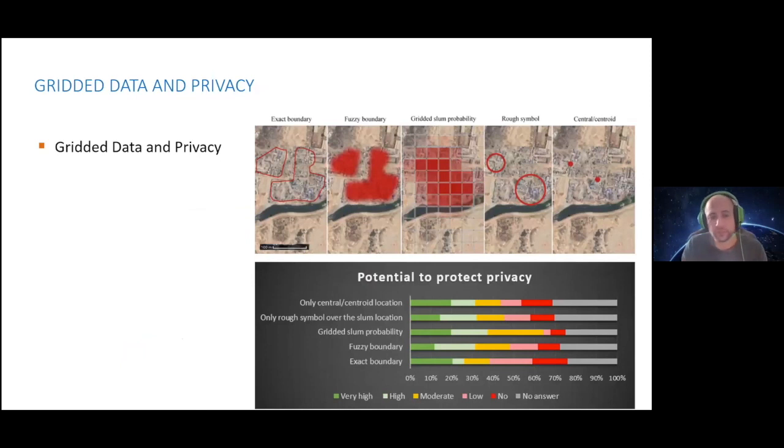And when it comes to privacy, one of these ethical considerations, when we ask the locals through surveys, they of course are in favor of gridded products. So that's one way to deal with some of the privacy concerns, as it fuzzes out the potential for pinpointing individuals and their locations. But of course, this is just a small facet of all of the potential geoethical implications. I'm just bringing this as an example.